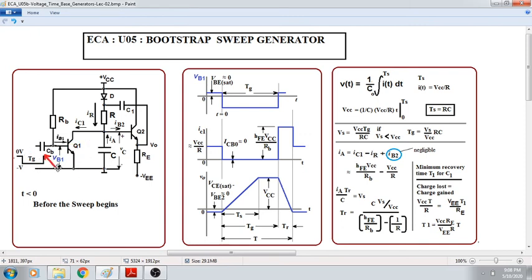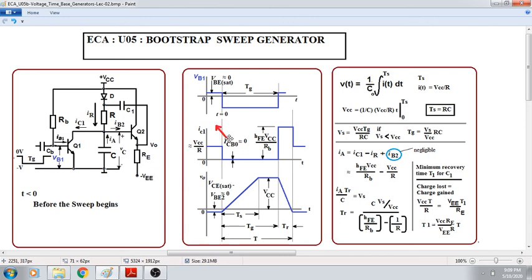Okay, so now all the things are set up nicely. We have the capacitor ready to charge. We have C1 having the voltage VCC across it, and that VCC is across R. Now once the sweep starts, we will observe that the voltage across the resistor is VCC, and the current flowing through R will remain constant at IR, which is VCC by R, and we will get a linear sweep. Okay, so keep in mind these important points.